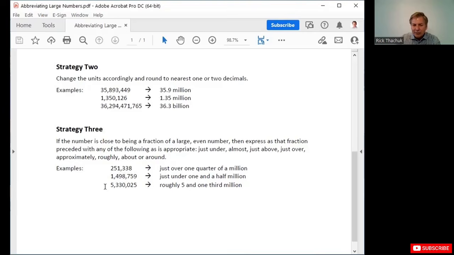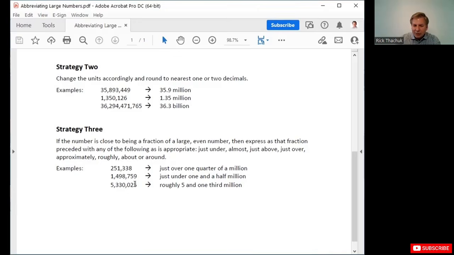And finally, look at this one, 5,330,025. What can we do with that? Well, it's not that close to 5 million. It's certainly not close to 6 million. It's not even that close to 5.5 million. But this